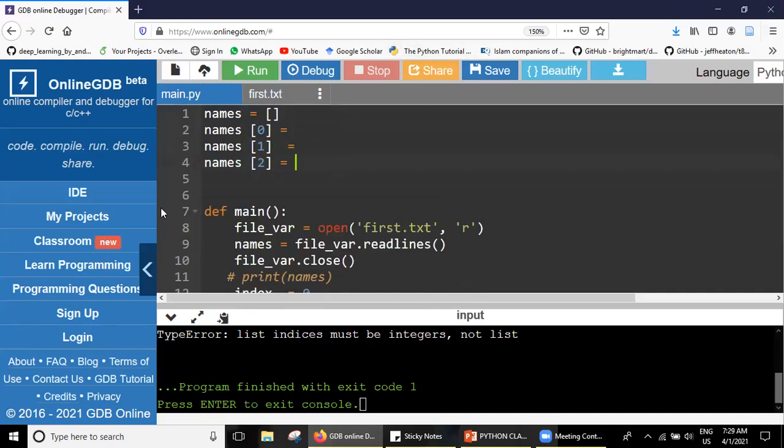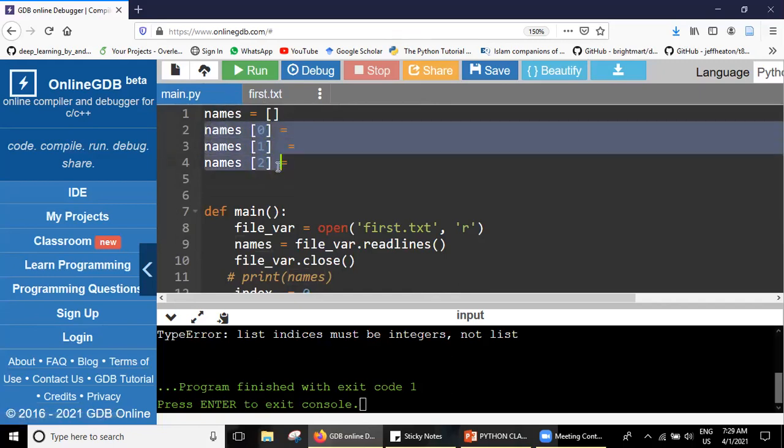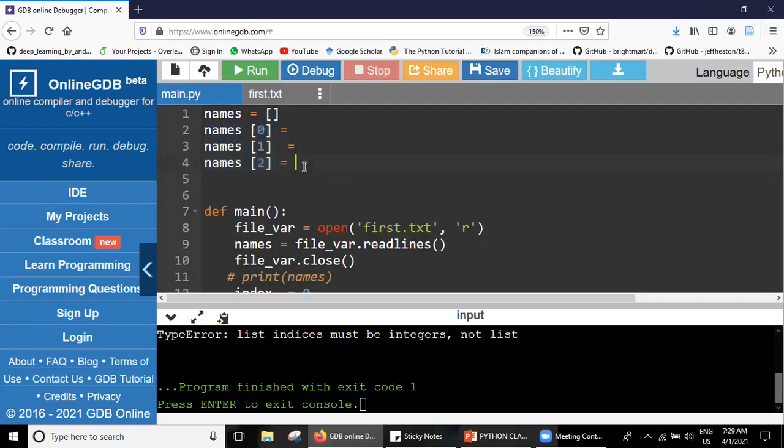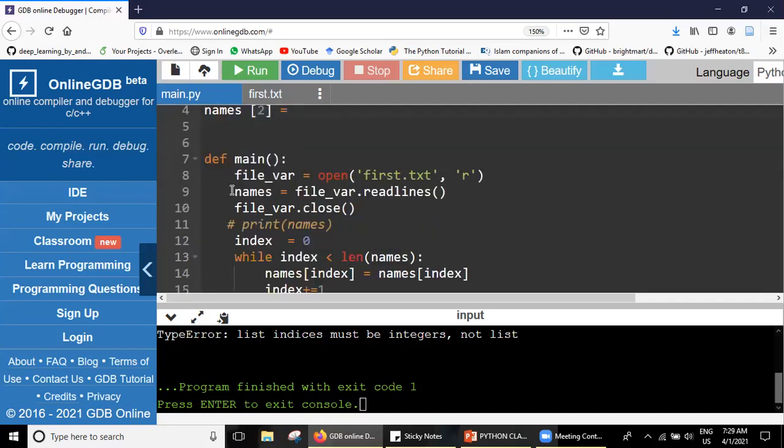So when I am changing the orientation 0, 1, 2, what values do I have to place in names of 0, names of 1 and names of 2? What values do I have to save? Of course, they are coming from the names that are stored from the file.